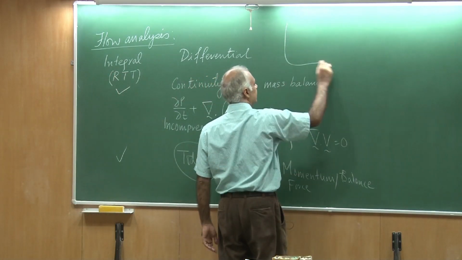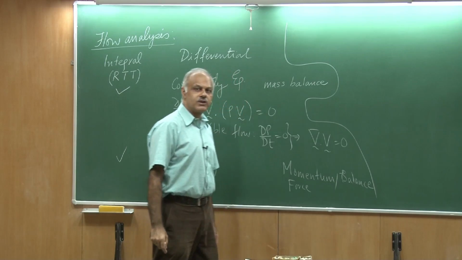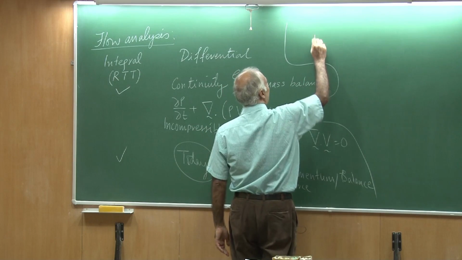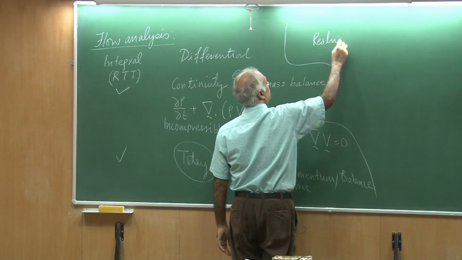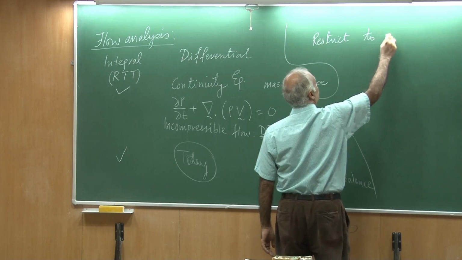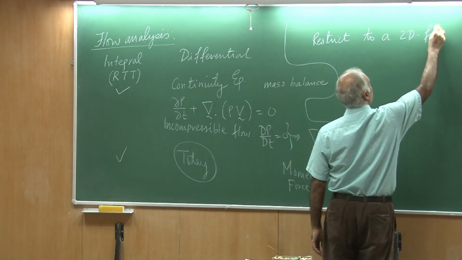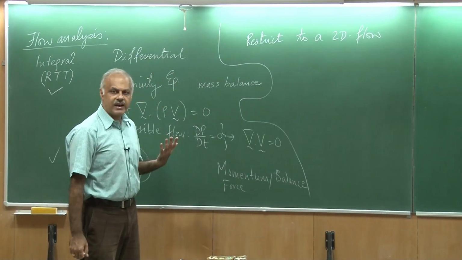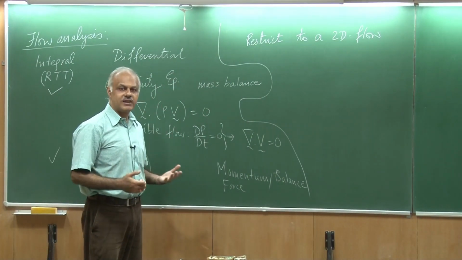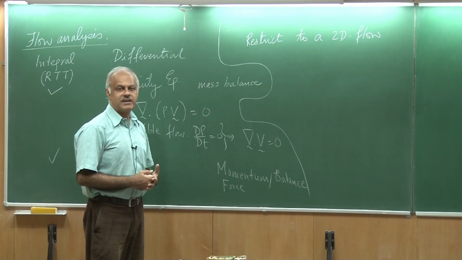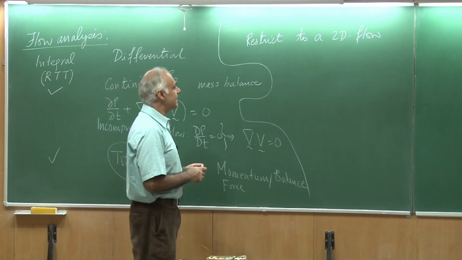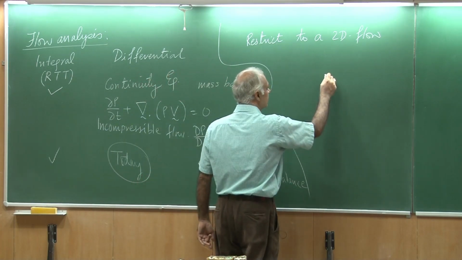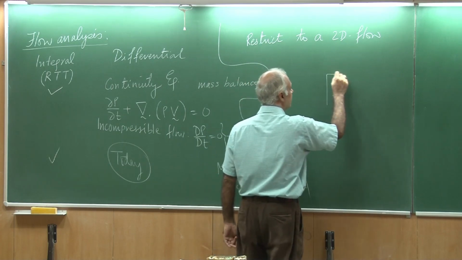So, let us start, and what I plan to do is I will restrict our analysis to 2 dimensions. Let us say the flow is in a 2-dimensional plane, and then we are going to look at these results, and perhaps we are going to generalize them and learn how they apply to 3-dimensional flows. This would be a little bit easier, so the math does not get out of hand. So, what I want to do is draw for you a control element.